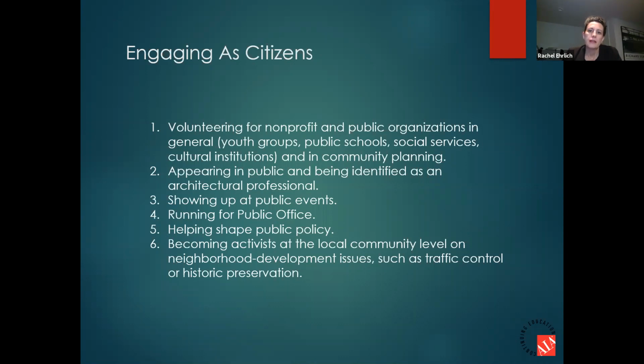And the case that I made to voters and to residents as I campaigned and knocked doors and canvassed across town is that architects are really a natural to run for local office. And what I learned is that when we as architects engage with local government, whether it's through elected office or appointment to boards and commissions, we can really show expertise and engagement with so many local issues that are really